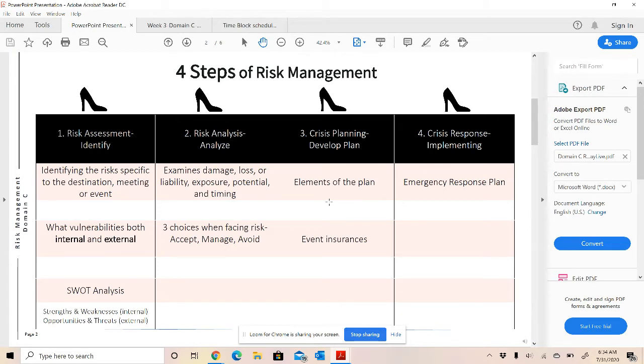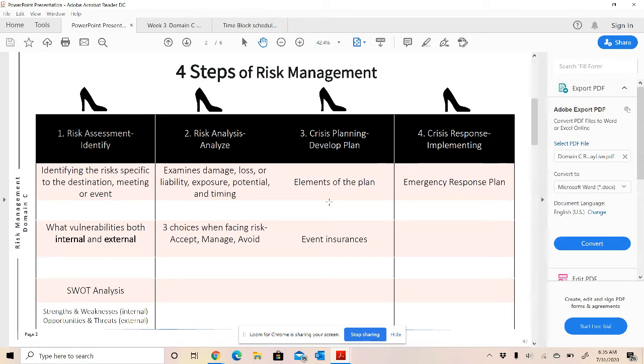I know that the EIC is updating their exam and coursework for next year. And I have a feeling that Domain C is going to be a lot more than just 5%. And I know it's going to be updated with different areas of risk management. And speaking of updated, our risk management plan always needs to be a living and breathing document. So you're always wanting to review it. You're always testing it. You're always updating it. I'm sure many planners out there right now have been updating their plans this year for sure. So anyway,